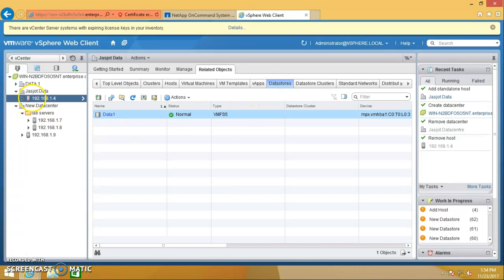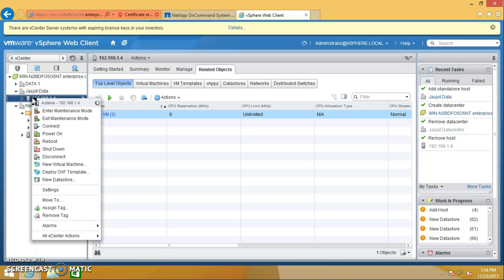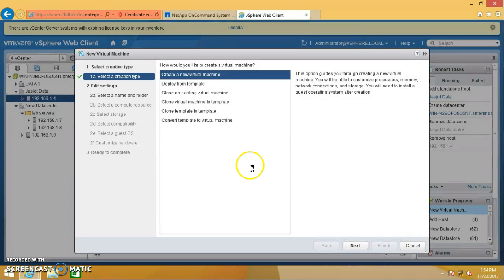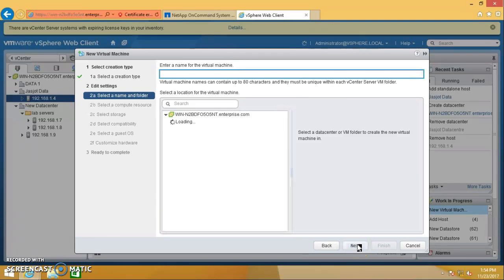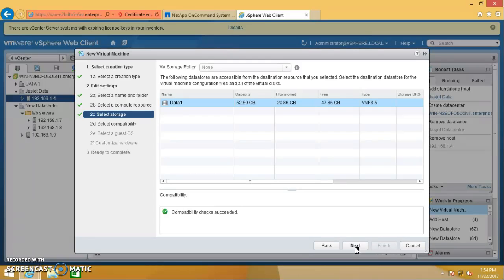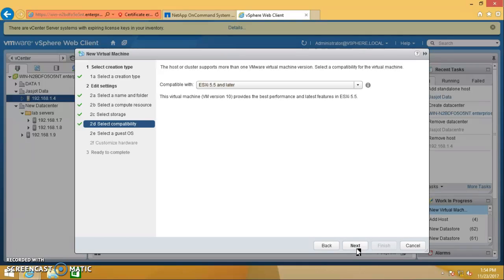So if we want to add a virtual machine in this, in the same way, right click on the host, click on new virtual machine, enter the name, select the data store, compatible with the ESXi host.